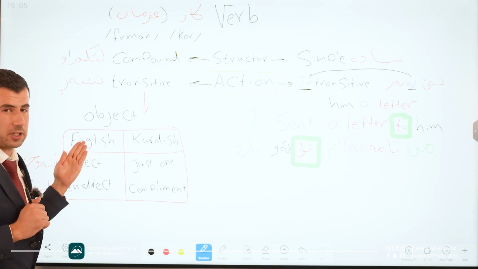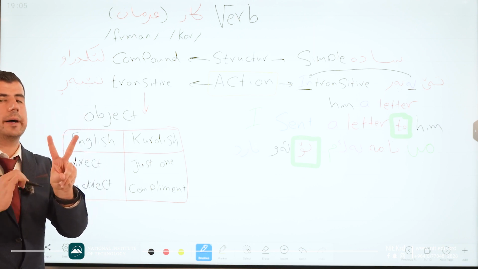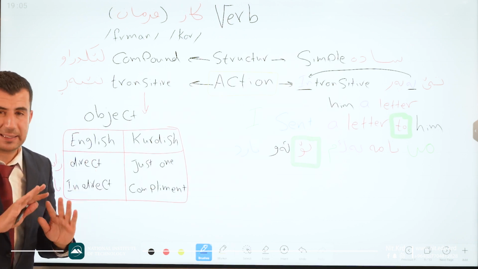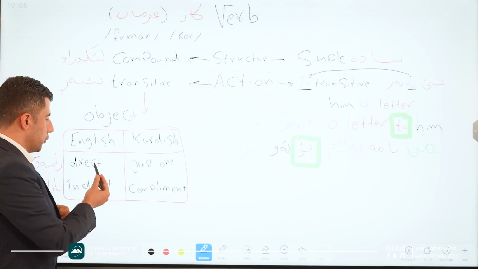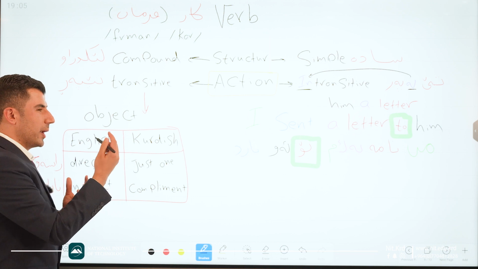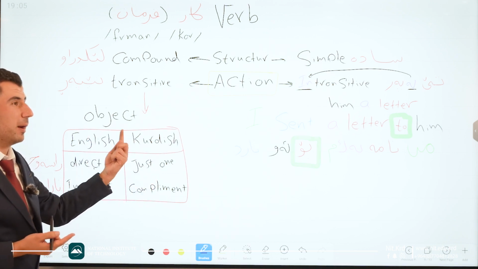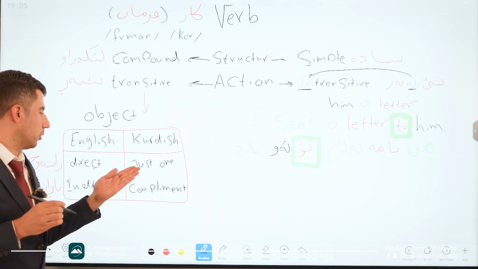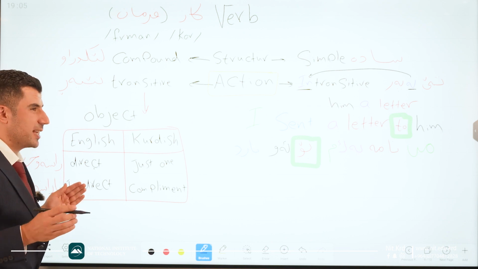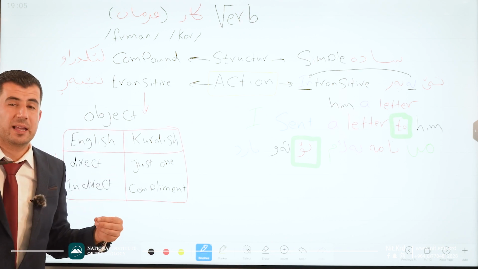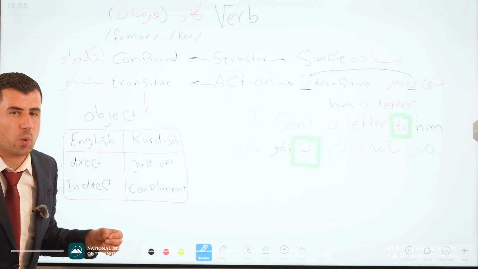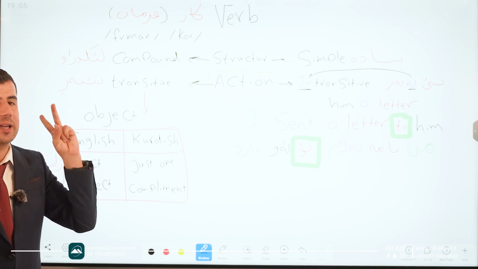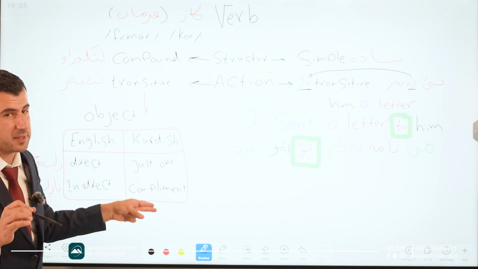Objects in English and in Kurdish also have differences between them. Just have a look. In English, we have two objects. One of them is direct object and the other one is indirect object. But in Kurdish it is not the same. How? For direct object, we can use just one object. We have just one. But the other one becomes a complement. And we do not have any name for it like object. We do not say that is the second object. No. It changes to tawawkeri bayarida. One object and one tawawkeri bayarida. In Kurdish we have this style.